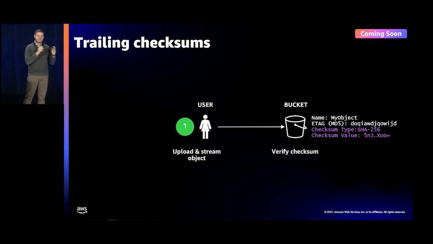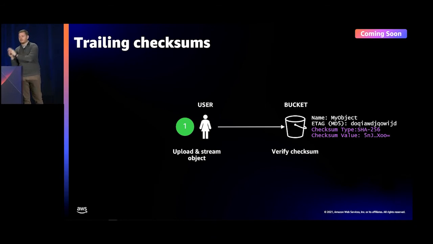To do that, you specify the checksum algorithm in the checksum algorithm member of the put request using the AWS SDK, and you upload the object. The AWS SDK will automatically calculate the checksum and append it as a trailer to that request. This workflow is efficient and will save you time and resources, as you don't have to calculate the checksum on the client side separately before uploading the object. It also enables computing checksums on streaming uploads, where storing the object to a disk or in memory as an intermediate step wouldn't be possible.